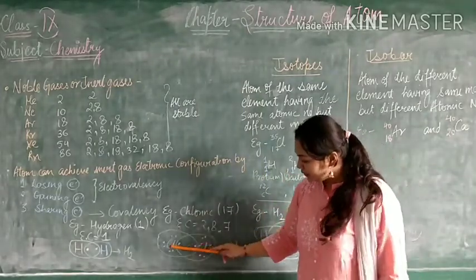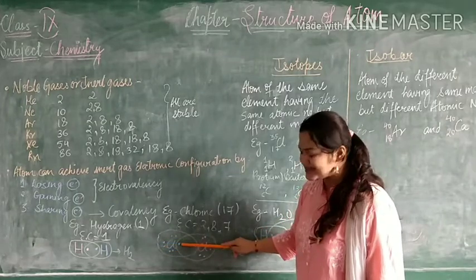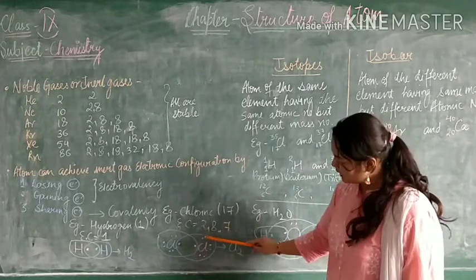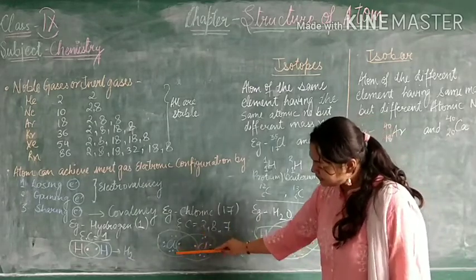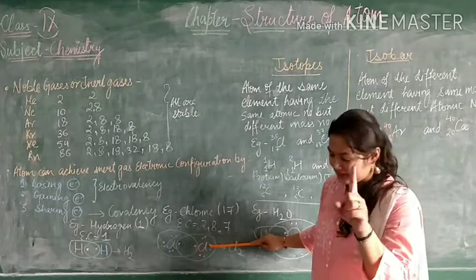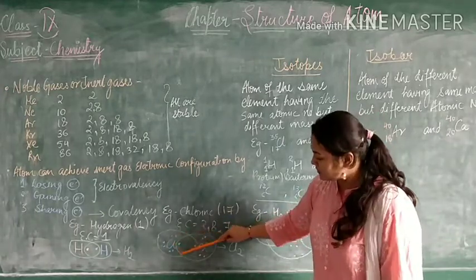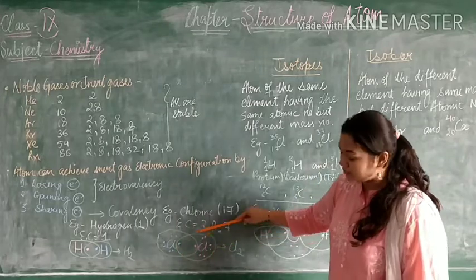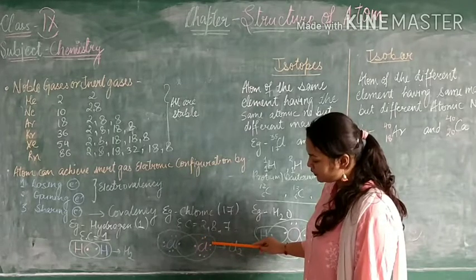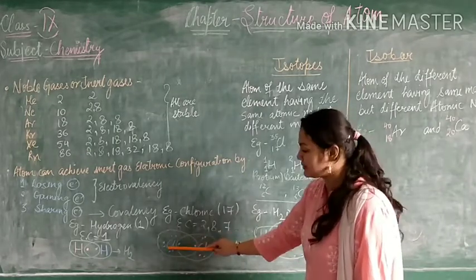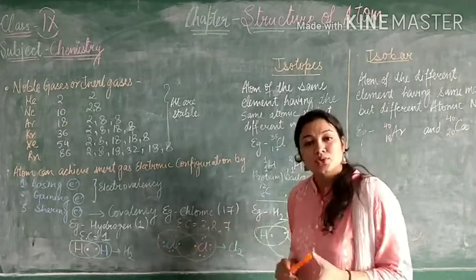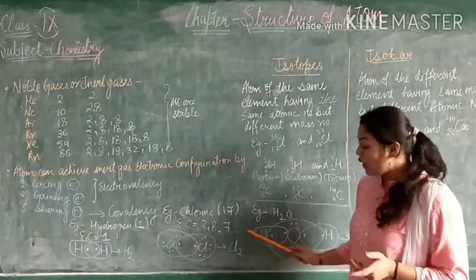So what will it do? Chlorine: 1, 2, 3, 4, 5, 6 and 7. Then again, this pink one also has 7: 1, 2, 3, 4, 5, 6, 7. Now this pink one will share 1 electron from the blue chlorine because it needs only 1 electron. When it shares, this pink chlorine will be stable. How many electrons is it having now? 1, 2, 3, 4, 5, 6, 7, 8. Same with this chlorine: 1, 2, 3, 4, 5, 6, 7, 8 in this circle, if you notice. So this is how the chlorine molecule is made, or we can say chlorine gas.